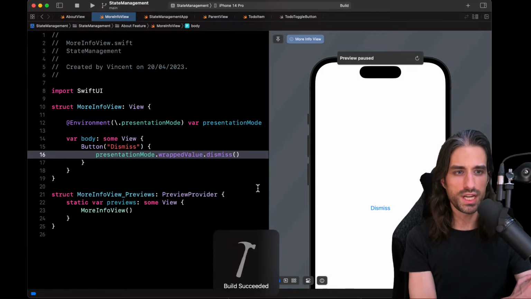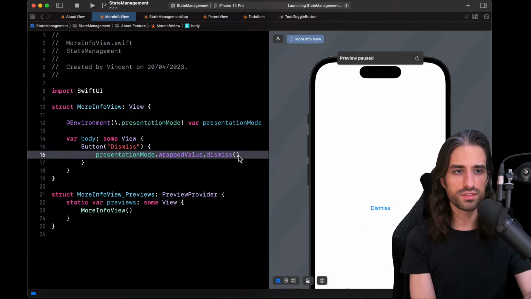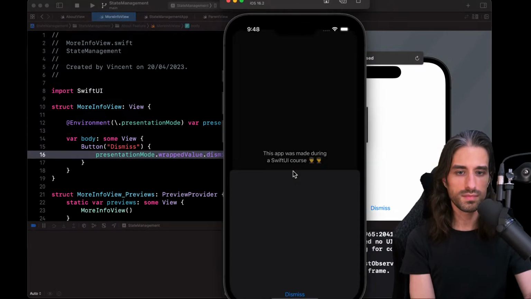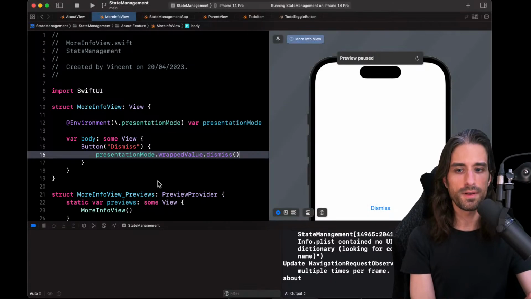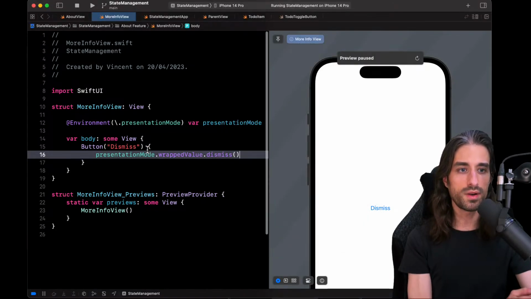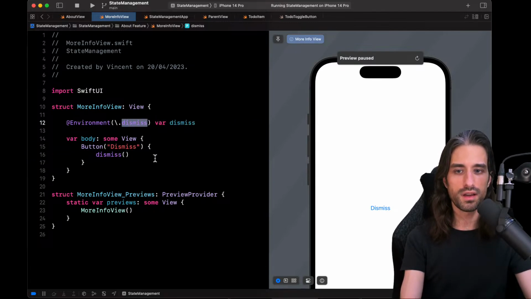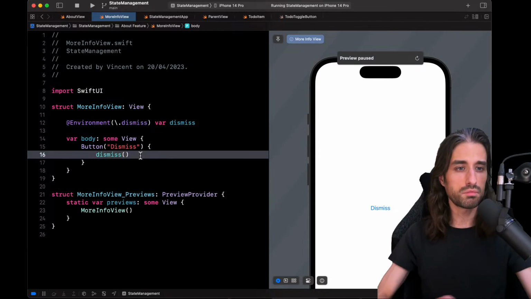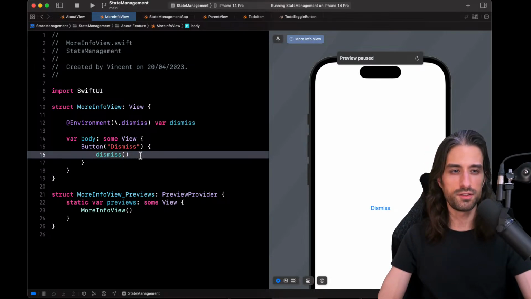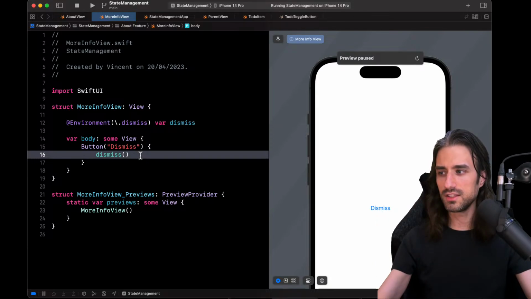Let me relaunch the app just to check that it works just like the code we had before. Showing the view and dismissing it. Okay, so it does work. It's the iOS 14 version, but I will put the iOS 15 back because it's better, and as time goes by, it's becoming more and more acceptable to have iOS 15 as the minimum version for your app. So this is the gist of showing and dismissing modals in SwiftUI.